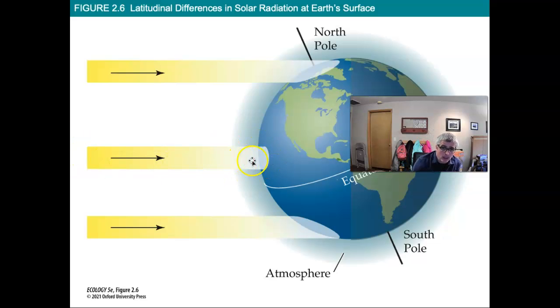We've got light coming straight in. All of that light is absorbed by a relatively small area compared to the similar amount of light hitting the North Pole over a much broader area, and similarly in the south. And so that's the fundamental driver of living on a sphere. If we lived on a flat Earth, it would be a lot different. It would be harder to explain oceanographic and atmospheric currents on a flat Earth. But in fact, our Earth is round. So that's one of the major fundamental drivers of climate.